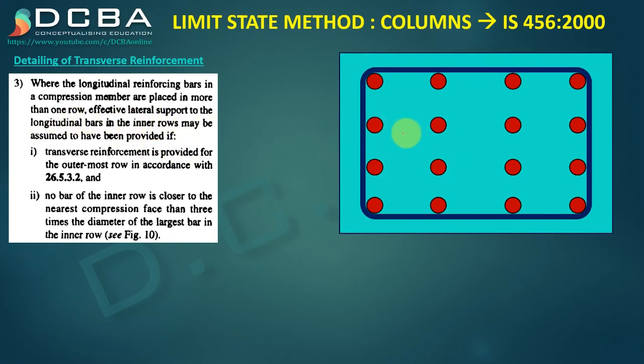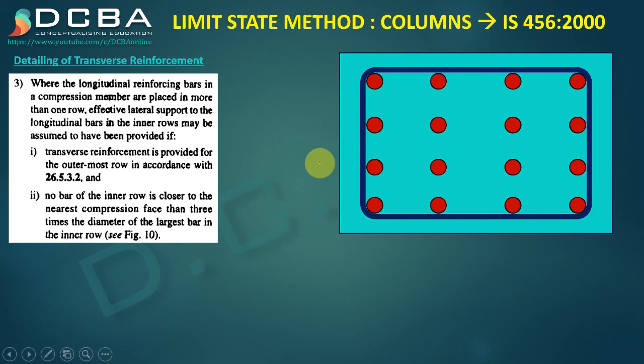So it is saying that we can assume that these inner rows are having effective transverse reinforcement if transverse reinforcement is provided for the outermost row in accordance with 26.5.3.2. So if this outermost row is provided correctly according to the clause,